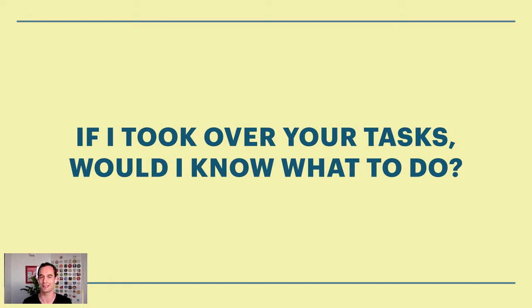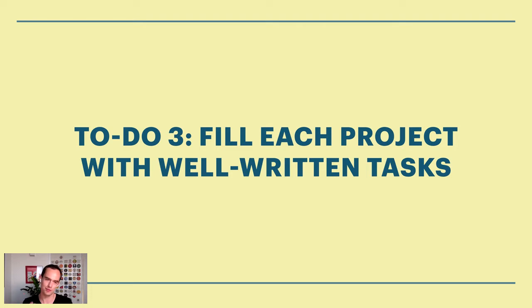So I guess that's another to-do that I can give you: go over your list of tasks and ask yourself, if Peter looked at this, would he know what to do? Of course, not in the sense of whether I have all the skills that you have. Maybe you're a painter or whatever, I'm not a painter, but would I at least know what it looks like, right? So ask yourself that, and if not, get more specific. And that's really to do 3 right here: after you've got the roles set up in the areas or folders, the top level roles, then you start listing your projects. Then you want to fill each project and maybe fill the miscellaneous buckets that I talked about with well-written tasks.